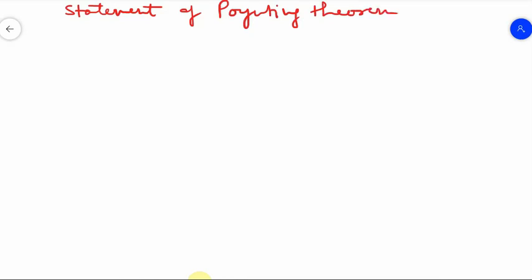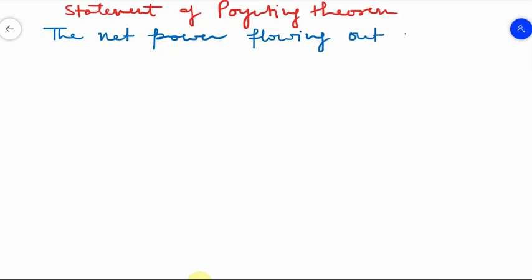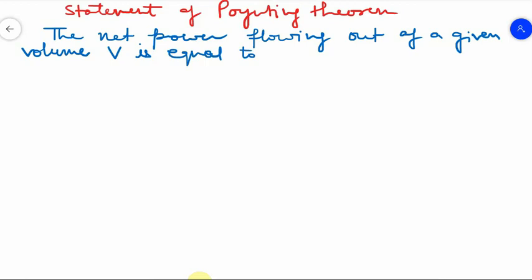So it states that the net power flowing out of a given volume V is equal to the time rate